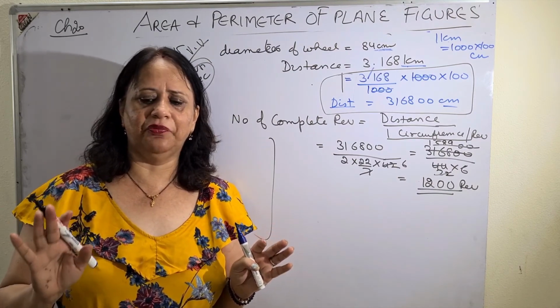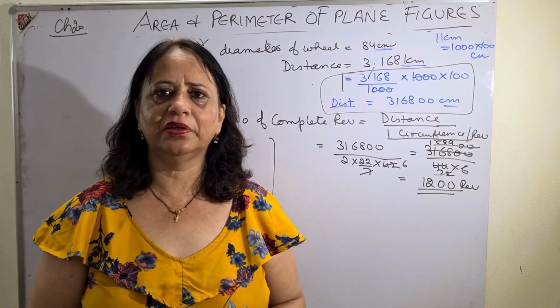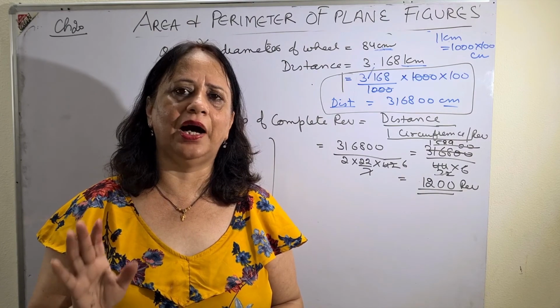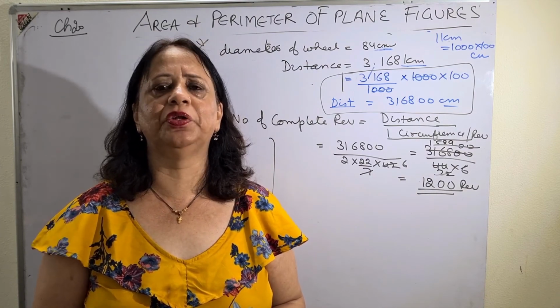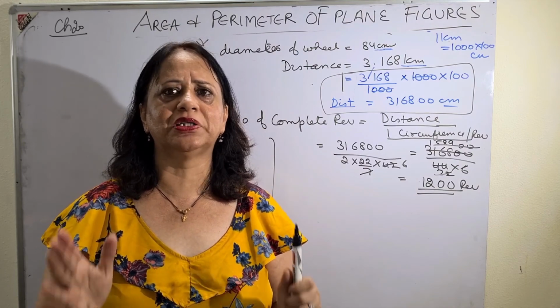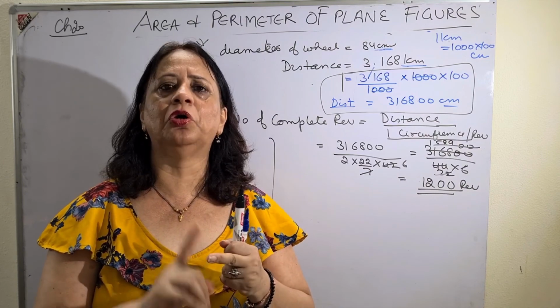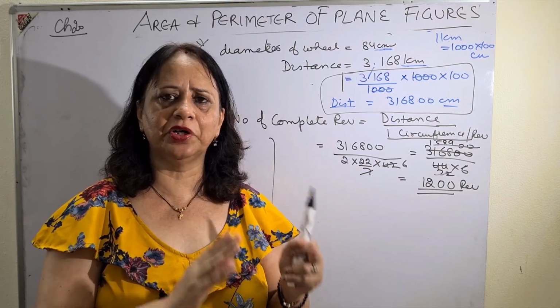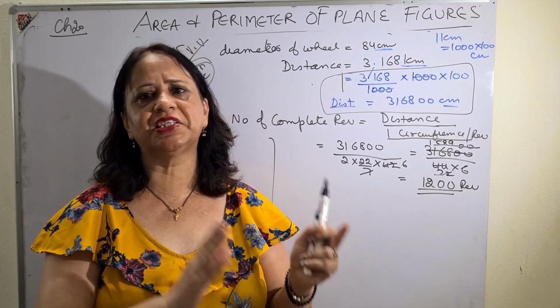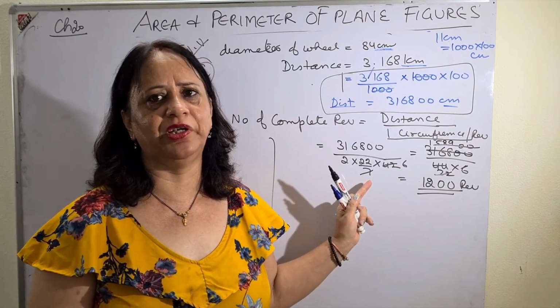So children, today I have discussed half of the exercise. You do this. After this, when you do it, you can ask the doubts. Then I will give you the next video on the remaining sums. You will only do sums on circles. Exercise 20C, 20B you leave it, no formulas to be done. After doing 20A, you directly go to or jump to exercise 20C, which I have given you the video today.